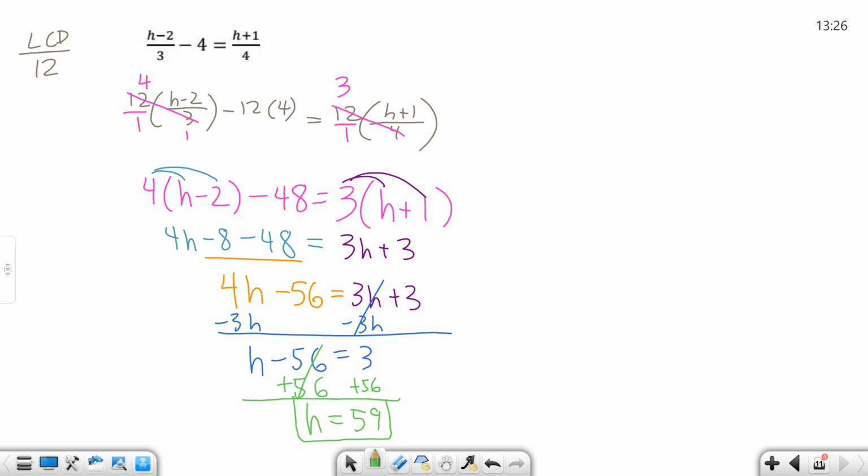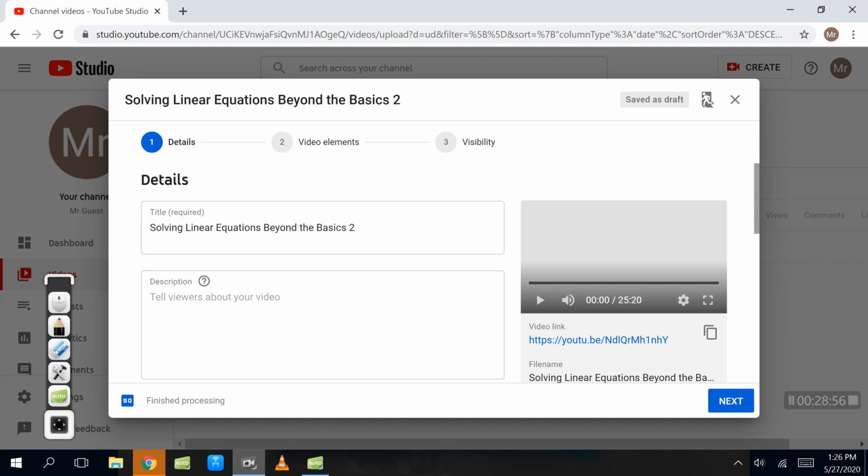All right, so I hope this has helped out. This is pretty intense here with these fractions, but I always multiply every term on both sides by the LCD when I am solving